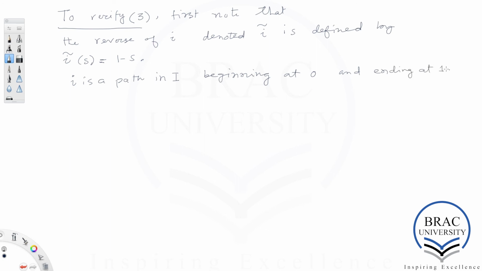Okay, i twiddle, the reverse of i, is a path in I beginning at 1 and ending at 0. It's immediate. So it makes sense